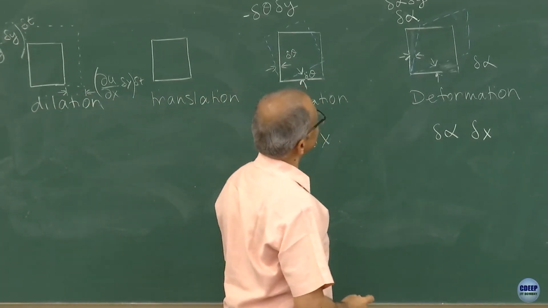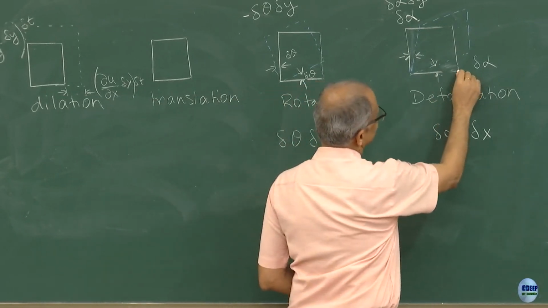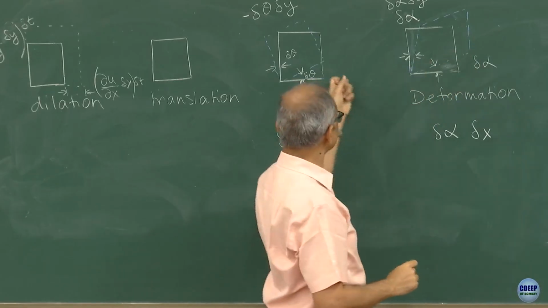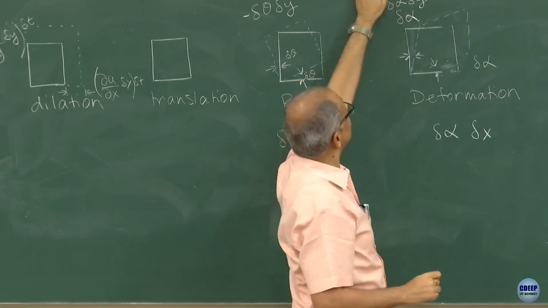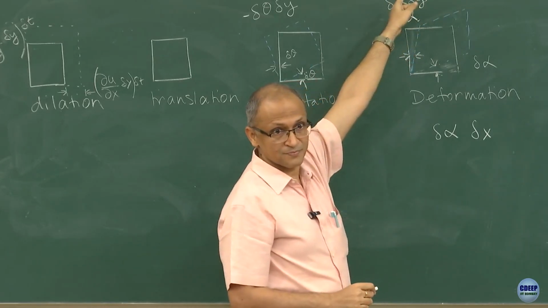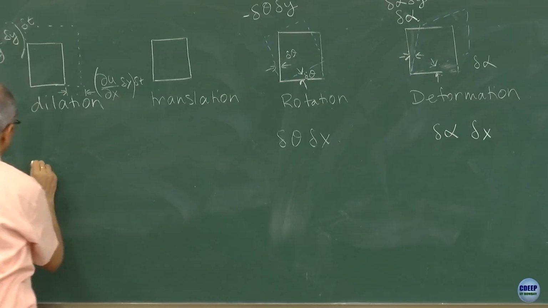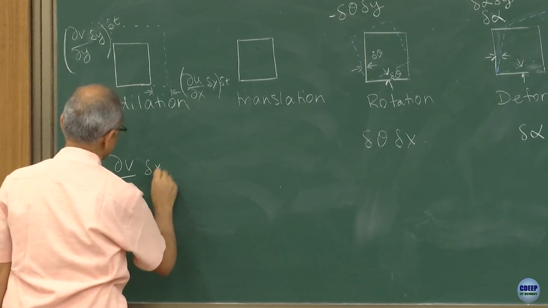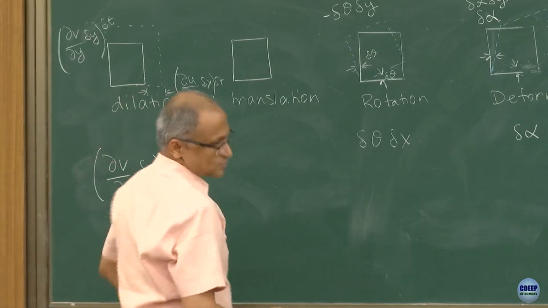So if I look at the movement of this point B, this is movement along the y direction. Here also it is happening along the y direction. I will now have to look at this component which is remaining with me and equate the two things. So I can say that the B y remaining, which was dou v dou x into delta x into delta t,